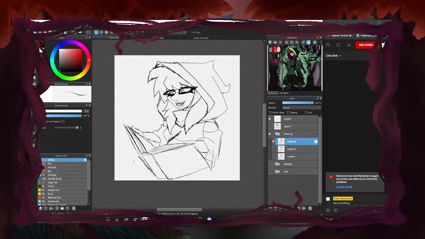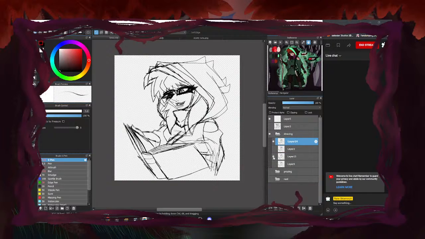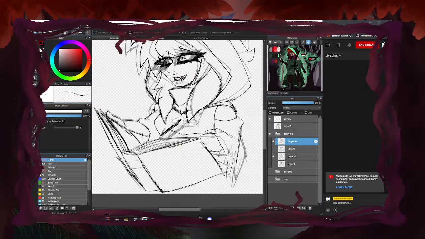Alright, now this version for blinking. Since I have the head tilt slightly down, I think I might replicate it. I know, oh, lazy. But I have a lot to do, man. And this is just